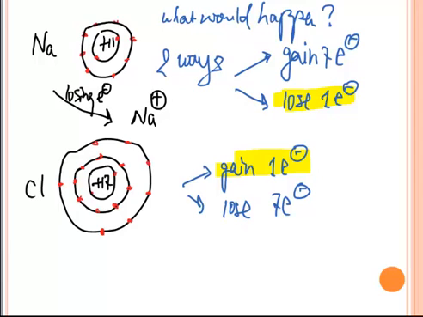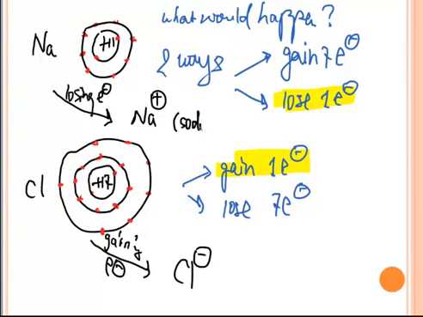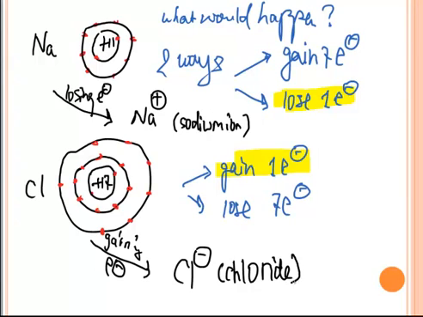So in this case, the chlorine will be gaining an electron and becomes a chloride ion. It'd be interesting if you take a look at it now. The name now is sodium ion, and this is what's going to be called chloride ion. We call it chloride ion. You can continue this exercise, and you will see a lot of